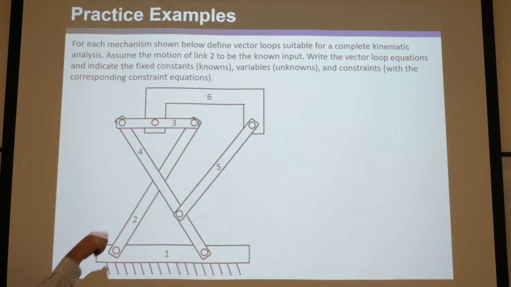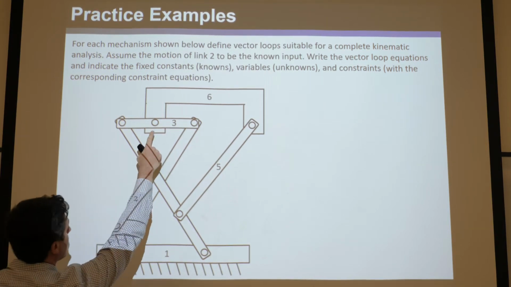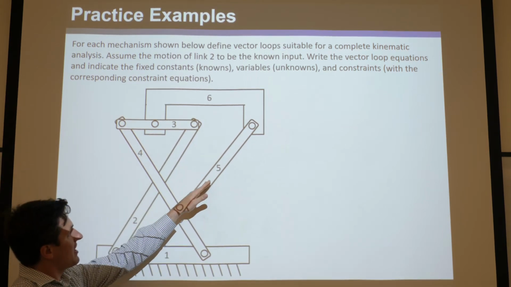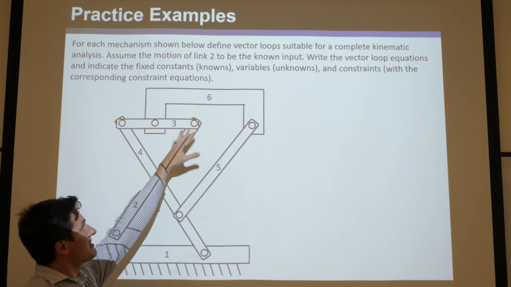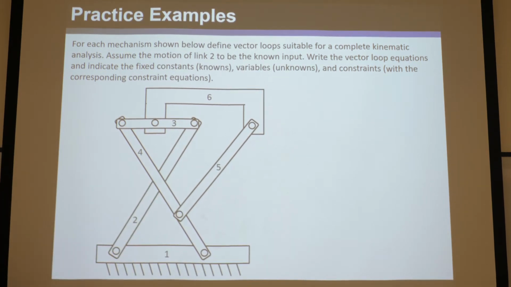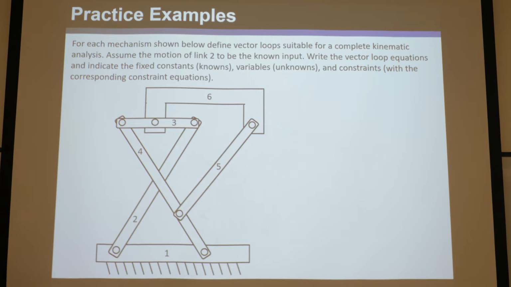If you notice, this aspect of the linkage is the Chebyshev mechanism from the first topic, so links 1, 2, 3, and 4. So go back and look at that and see how this point up here moves in a straight line. And then link 5 is designed to hold 6 as straight as possible as link 2 moves. But anyway, with that, I'm going to show you how to do position analysis on this,